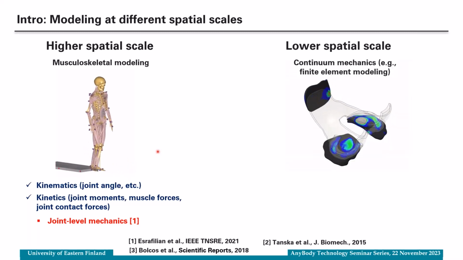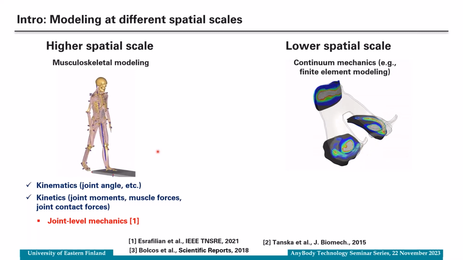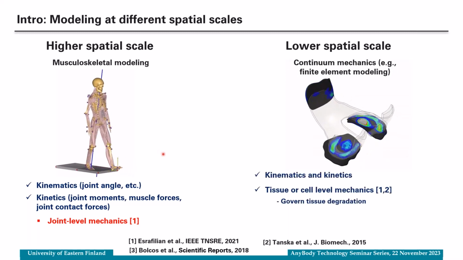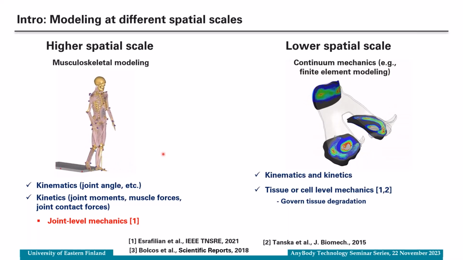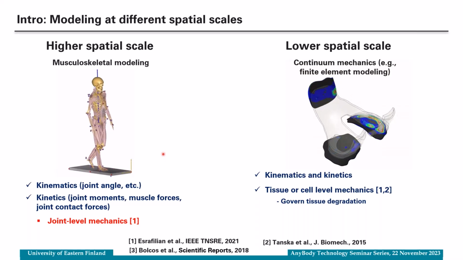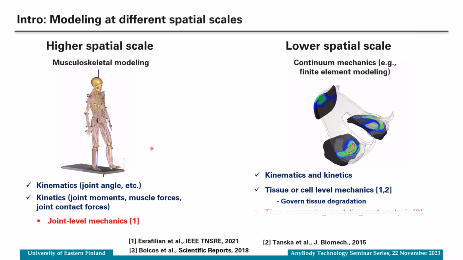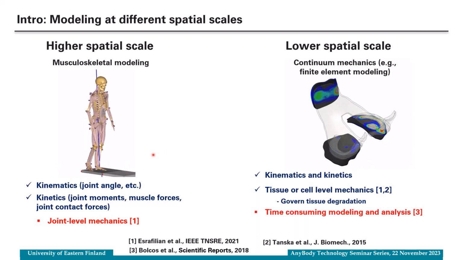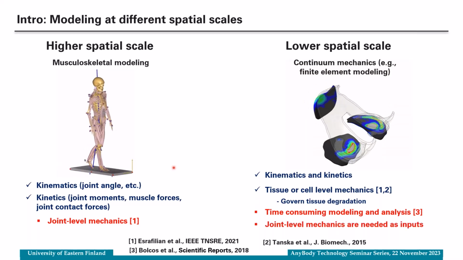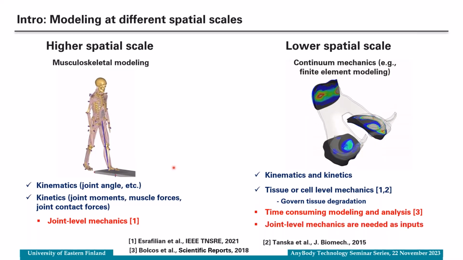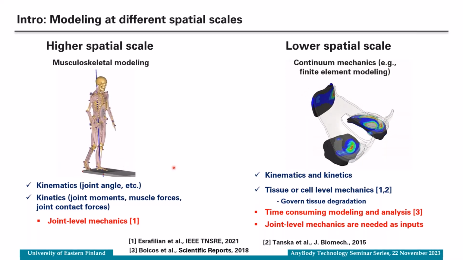But on the other hand, at the lower spatial scales, we use continuum mechanics-based modeling, such as finite element methods. These models enable us to estimate kinematics and kinetics, but also we can go down to tissue or cell level mechanics, which have been shown to govern tissue degradation response. But the limitation on this side is that typically these models are time consuming, and we need a certain level of joint mechanics in order to drive these models, for instance, joint contact force or primary knee kinematics as